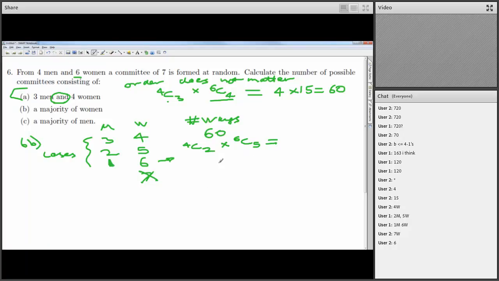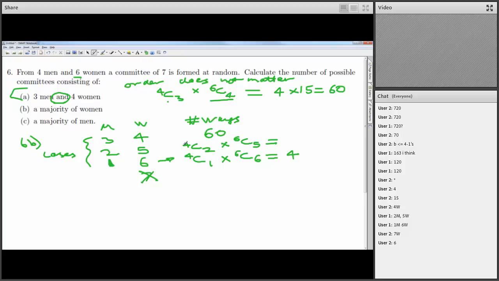For this last case, I really have got 4 men, and I want to choose one of them. 4 choose 1 is 4. So I actually have 4 choices. Basically, I have to pick a guy to make up the group, so there's 4 ways of doing that. I have to pick from my 6 women, I have to pick all 6 of them. Well, there's only one way of picking all 6 women. That means everybody. So in this last case, there really are only 4 choices, and the choice is about which man you pick to make up the numbers, essentially. So that's the last one. Only 4 is the answer, but that's how you write it down.